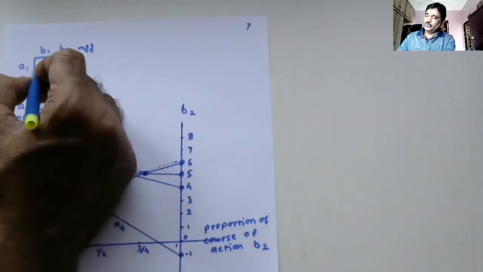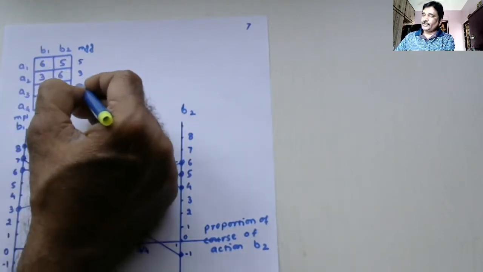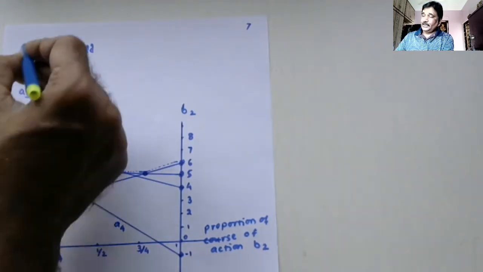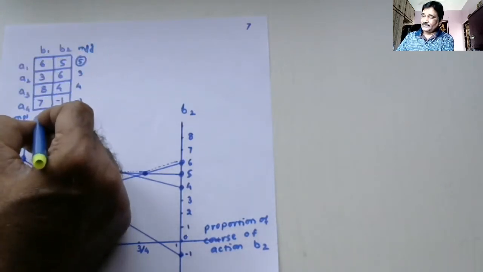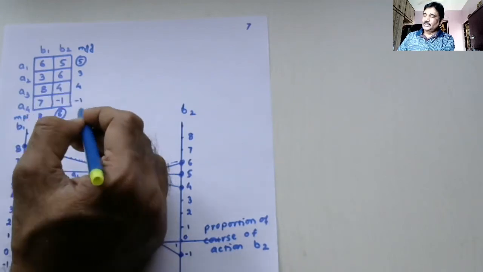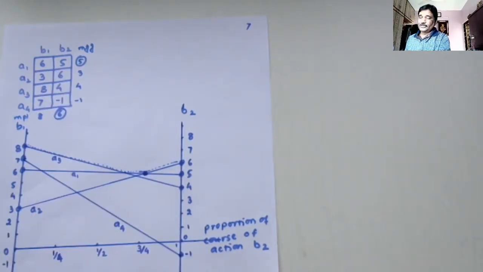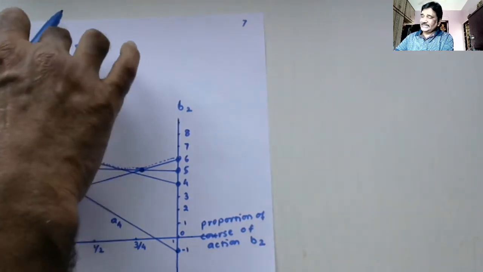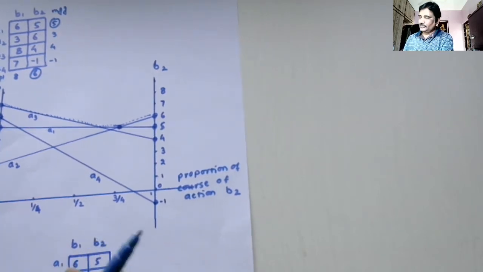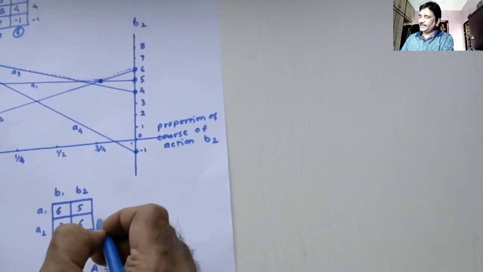All right, so the minimum guaranteed gain here will be 5, here 3, here 4, and here -1. The maximum among those is 5. The maximum possible loss here is 8, here is 8, and here is 6. The minimum among those is 6. So the game doesn't have a saddle point because these two values are not equal. But we know that the game value will be lying between 5 and 6. If this game doesn't have a saddle point, this also will not have one, so you need not check for the existence of a saddle point. You straightaway proceed and solve it by the arithmetic method.